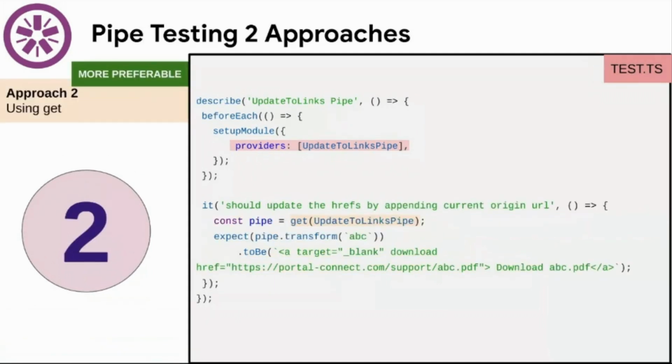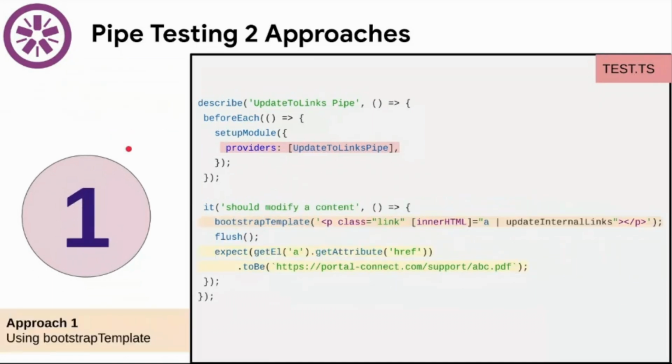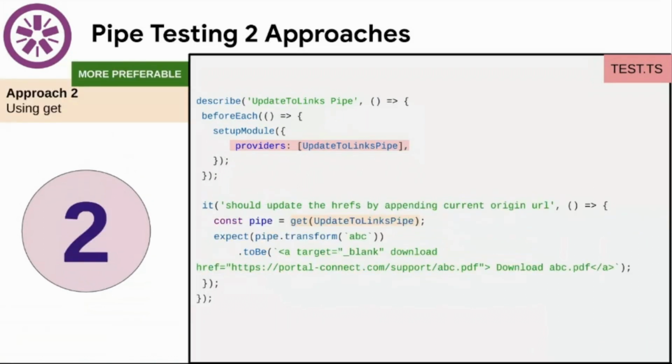So one of the simple approaches, which is used here at Google as well as outside, is using get. First, the bootstrap approach is more appropriate when there are DOM changes, if some anchor tag or new tag is added or a tag is modified. But if only some text is rendered or modified, some string or number changes, those primitive, non-DOM changes, we can directly get the pipe.